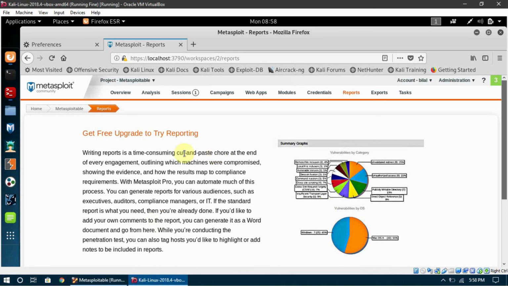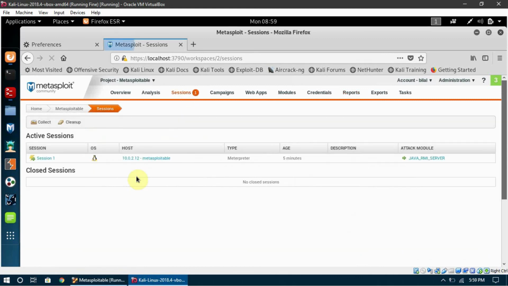So this was Metasploit, and you can see how powerful it is and how easy it is to use. If you are not very terminal friendly, I would like you to become terminal friendly, because this is very useful when you want to do hacking. But you can actually use Metasploit Community and do your hacking.